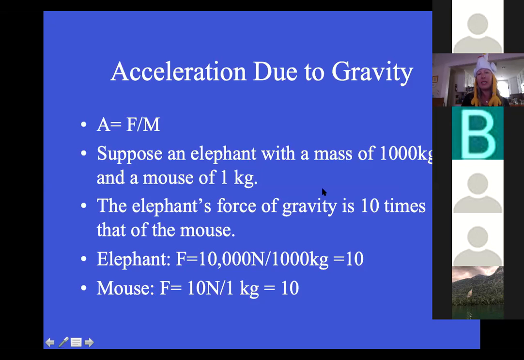Its force of gravity is 10,000 newtons over its mass of 1,000 kilograms, versus 1/1000 of the force, 10 newtons, and 1/1000 of the mass, 1 kilogram. And notice that when you divide these, you still get 10. The same